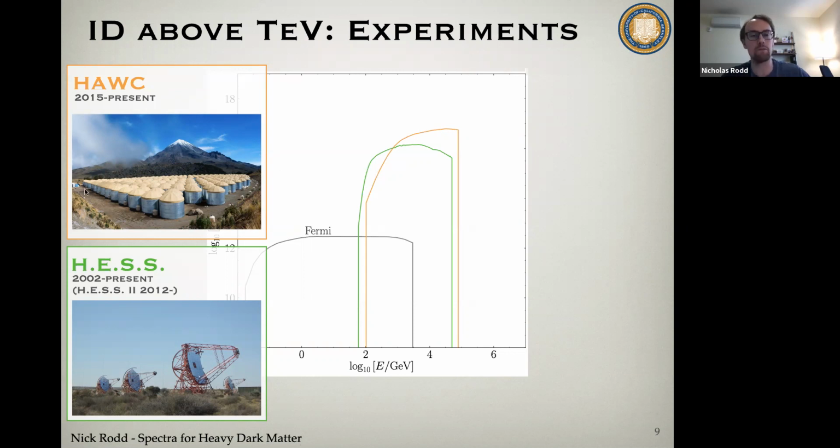Just to give you a bit of an insight as to what the physics is there: these particles come in, hit the atmosphere, and produce this large shower, which will include many charged particles. How HAWC operates is just a bunch of water tanks, which you can see in this image here. When those charged cosmic rays go through the water tanks, they'll emit Cherenkov light, which can be detected, and then you can reconstruct the cosmic ray, and from all of them, reconstruct the original photon. That's the idea. HAWC operates by those same charged cosmic rays producing Cherenkov light in the atmosphere, or producing optical photons.